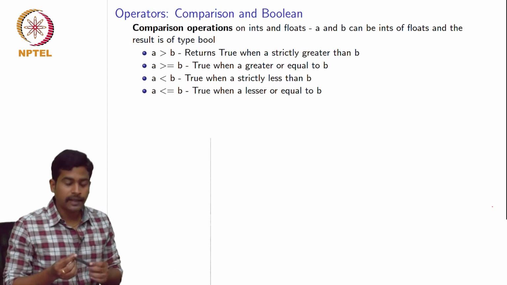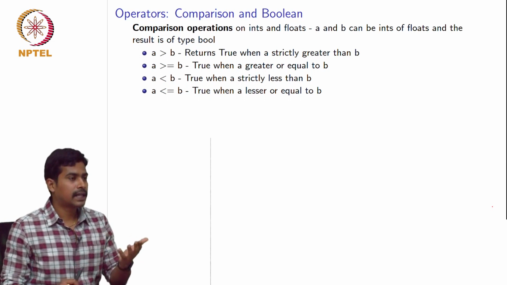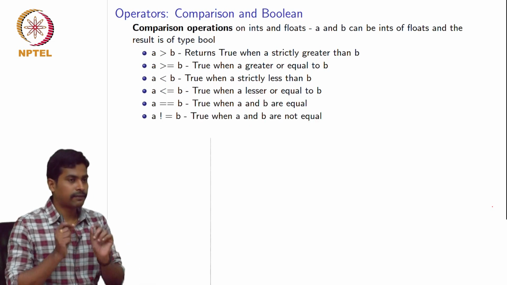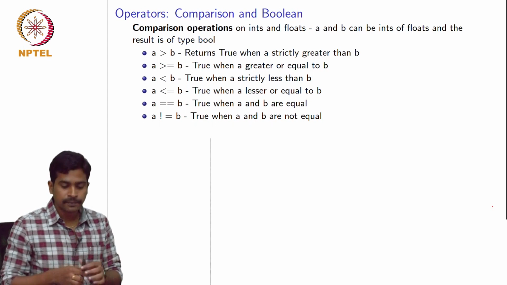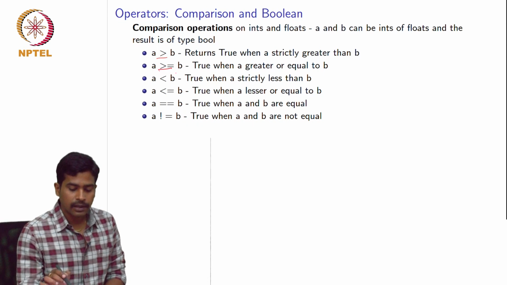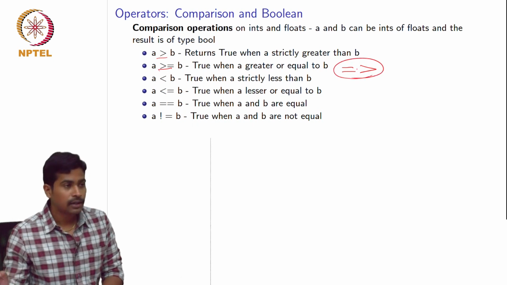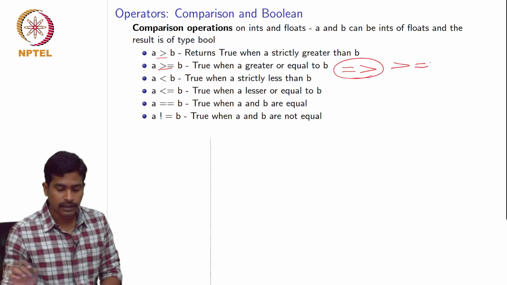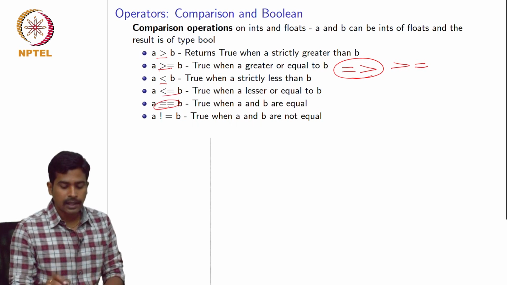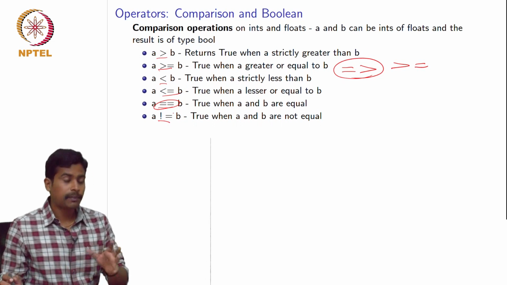In Python we have 6 types of comparison. One is greater than, greater than or equal to, less than and less than or equal to. There are 2 more comparisons to check if 2 numbers are exactly equal or not equal. To do this we use these symbols, greater than or equals to, and the order should be same. You cannot use equal and greater, this is illegal. You have to use greater than, equals to. Similarly less than or equal to, and double equals to compare 2 numbers, and not equals to see if they are not equal.